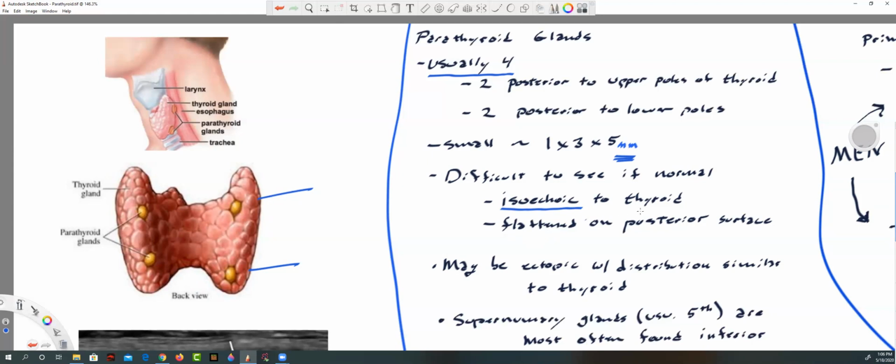They're flattened on the posterior surface. So when I say flattened, I mean they are, for the most part, shaped like that, and then the thyroid gland is on top of it like that. And so they're tricky to see. They can be ectopic,